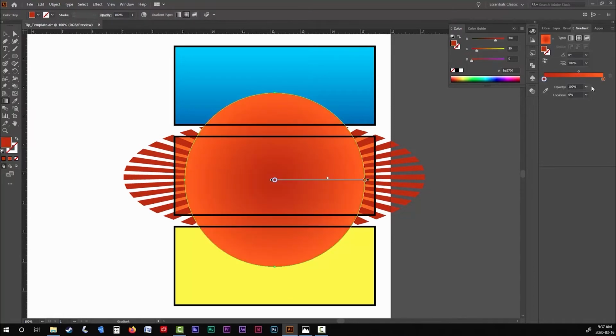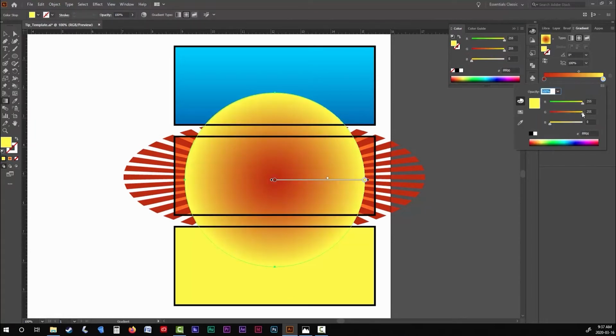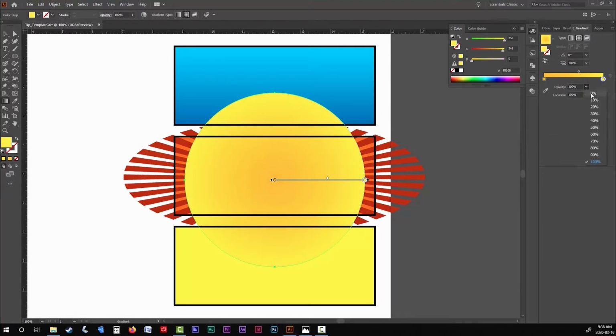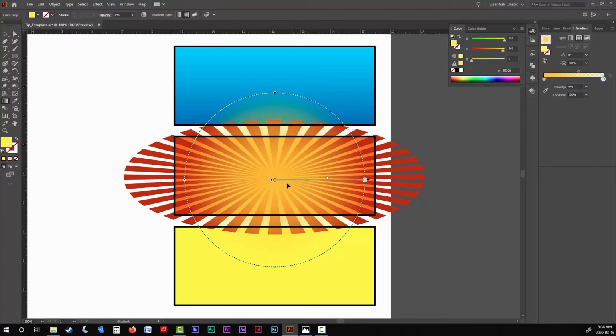I'm going to make the gradient center color a bright yellow to give it the look of a hot core. Then I'm going to pick an outer color that's pretty much the same as my center color, only I'm going to bring the opacity down to 0. This will hide my center point and then reveal my underlying graphics in a nice fade as it goes out. Then I can just resize this gradient using the selection tool until it covers my entire background.